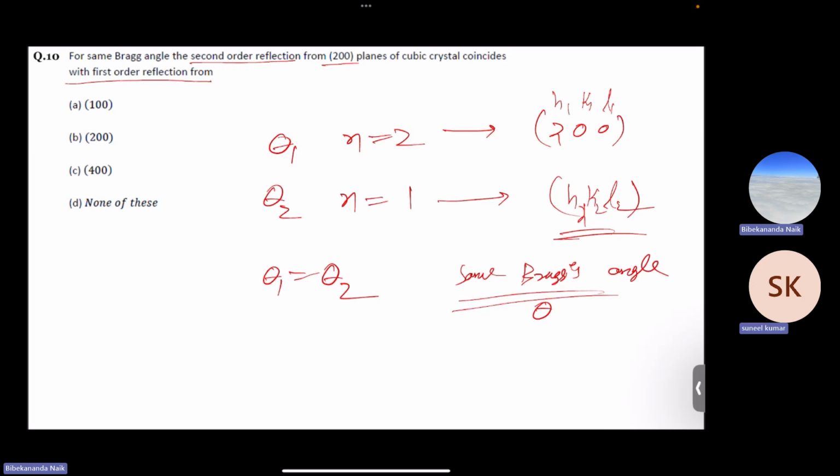Sir, is it to 200 plane? It will be 200 plane. not 200. Both can't be same because here if you see it is n equal to 1 and it is n equal to 2. Sir, You see